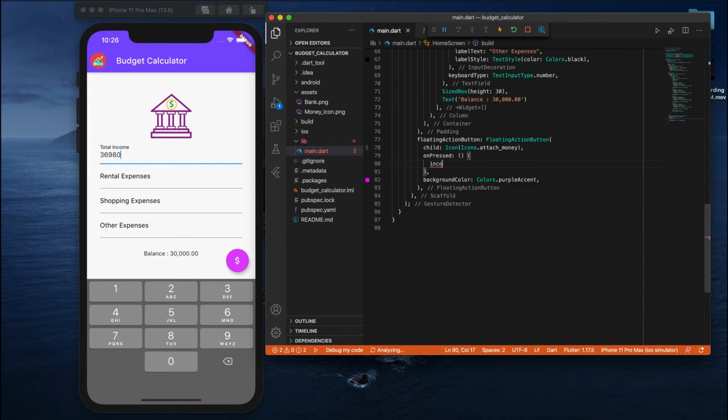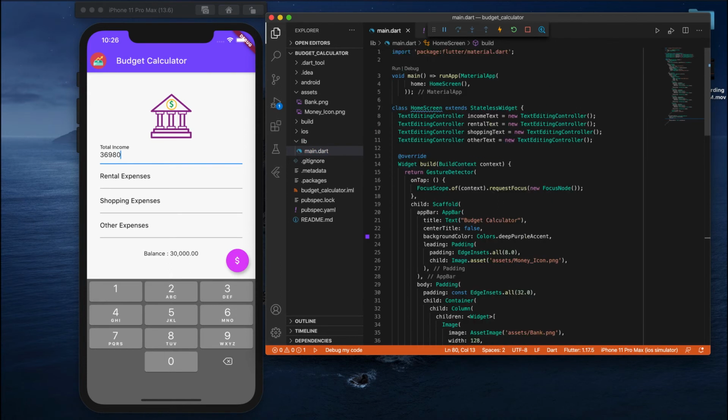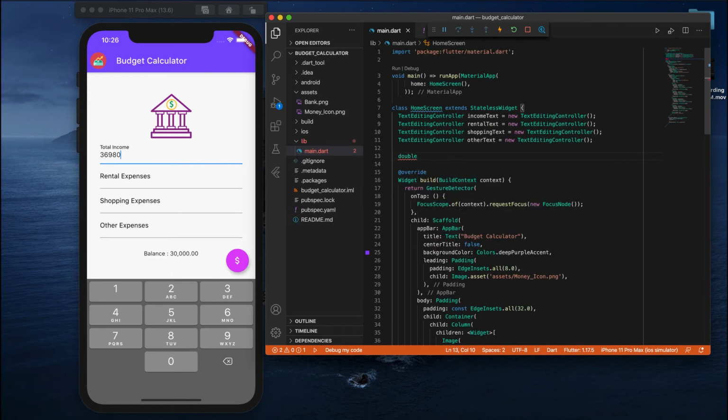I'll create one double. The data that you are entering into these text fields is a string. To convert those strings into a double or whatever you want, you have to parse it. For that, first of all, you need to create some double with a basic value to do that conversion.